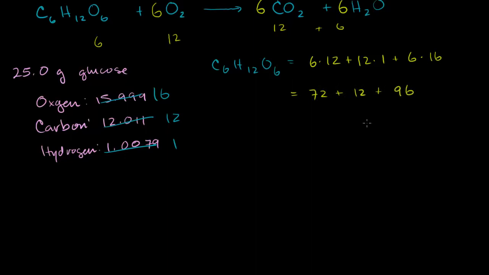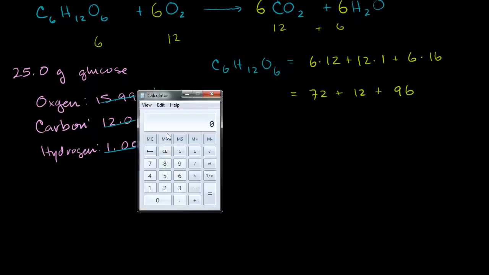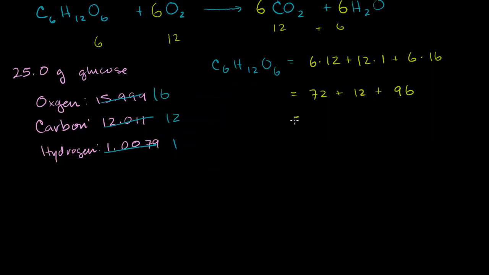And I'll get the calculator out: 72 plus 12 plus 96 is equal to 180. So the atomic weight of glucose is equal to 180, which tells us that, let's start doing the problem. We have 25.0 grams of